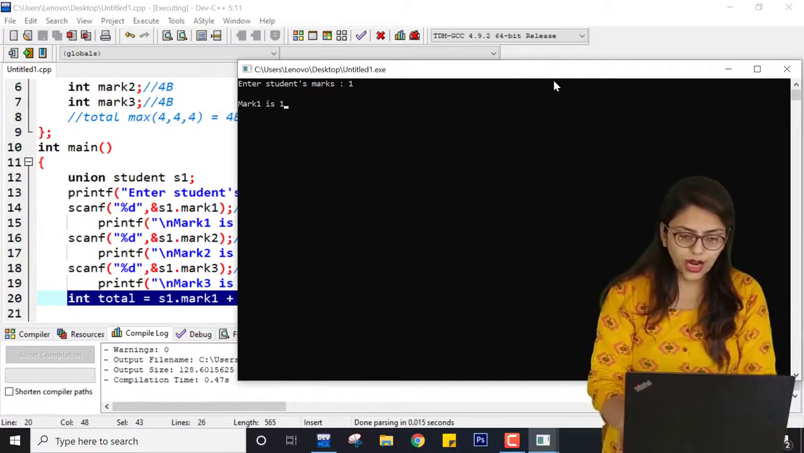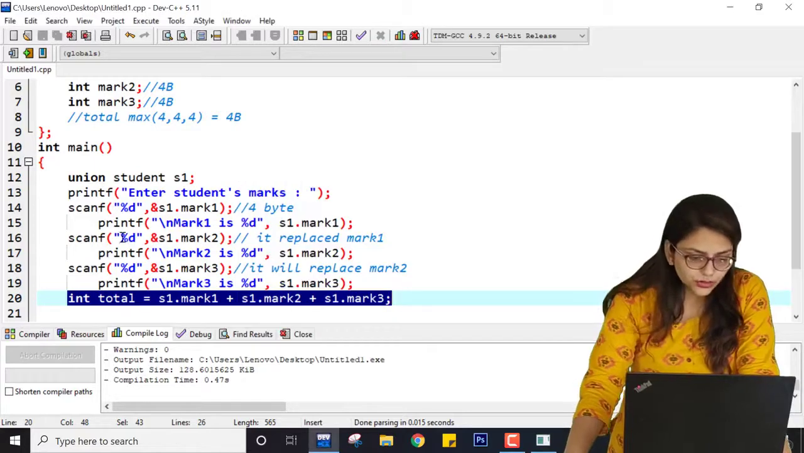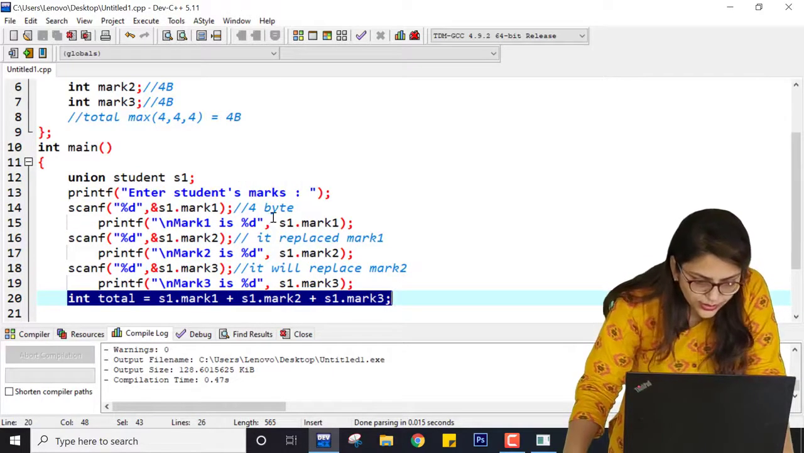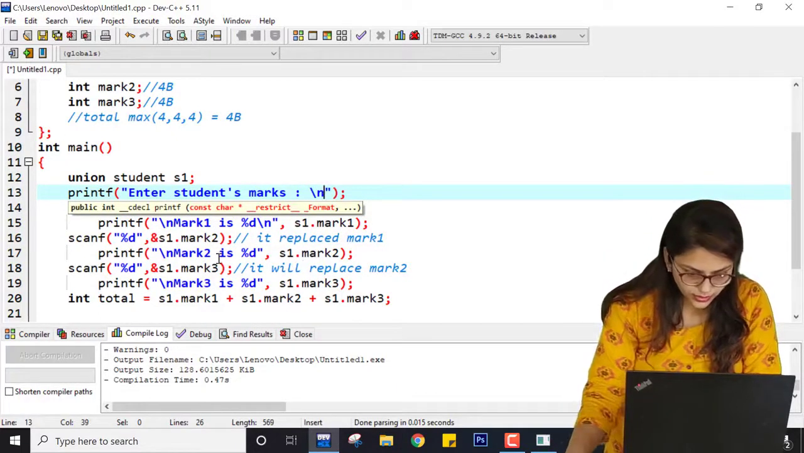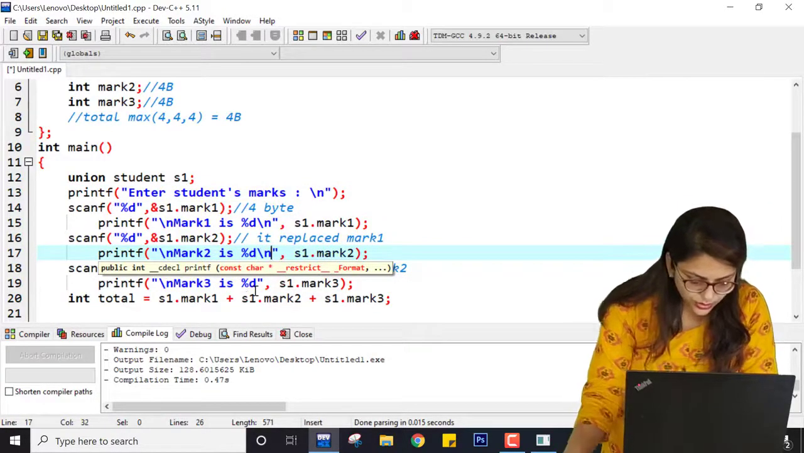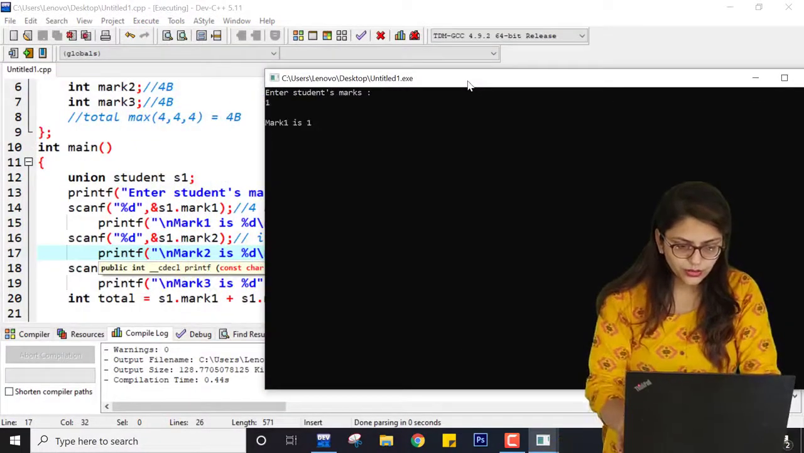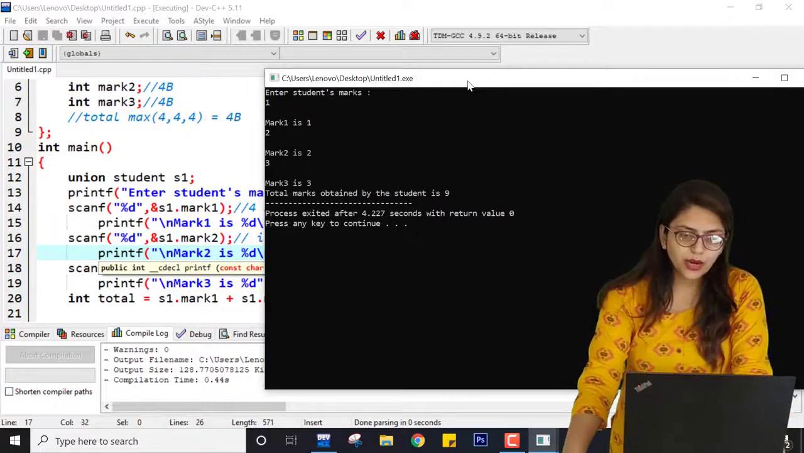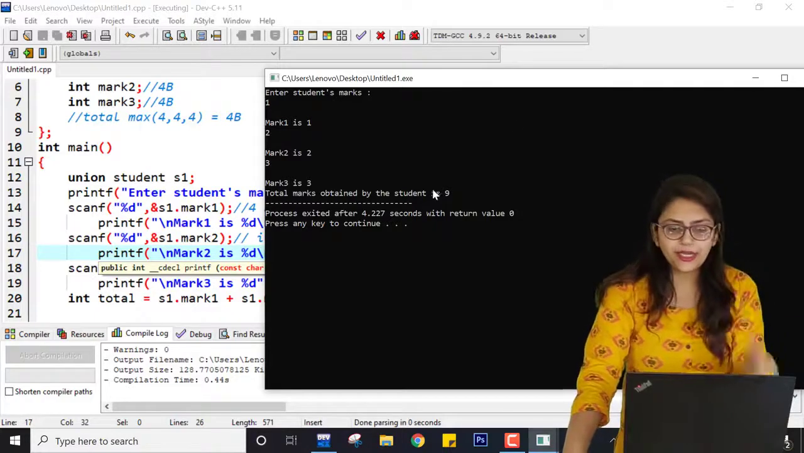okay, so mark 1 is printed. Now if I am entering 2 and if I am entering 3, so basically I have not used \n, so that's why it is happening. So let me use \n over here, \n here also, \n, right? So let me compile it and run it. If I'm entering say 1, 2 and 3, mark 3 is 3, so correct marks are printed, but the total